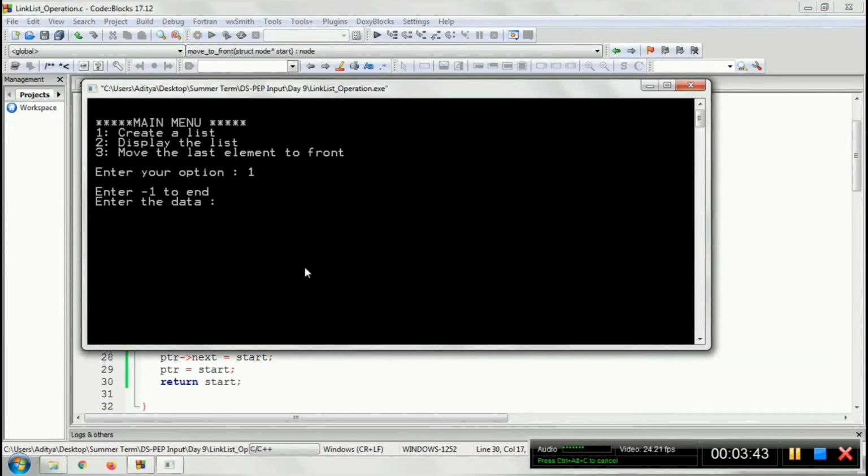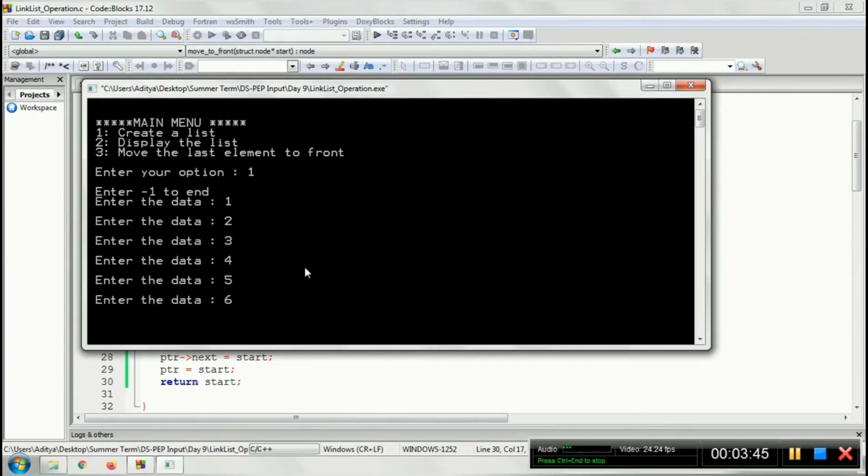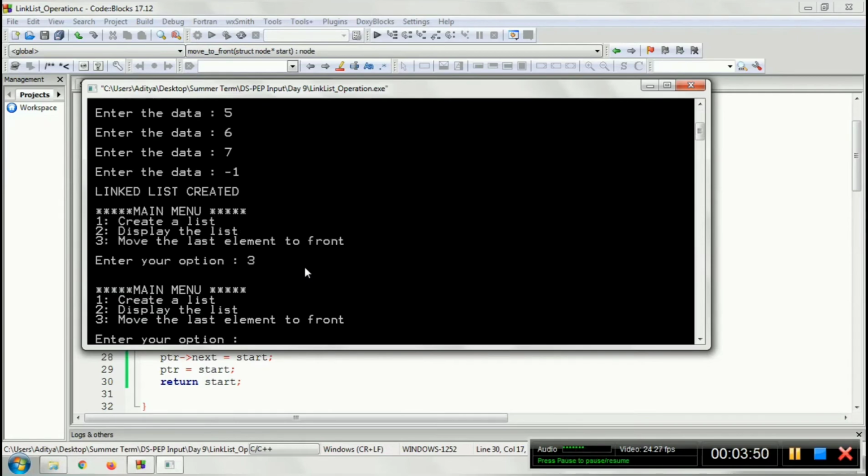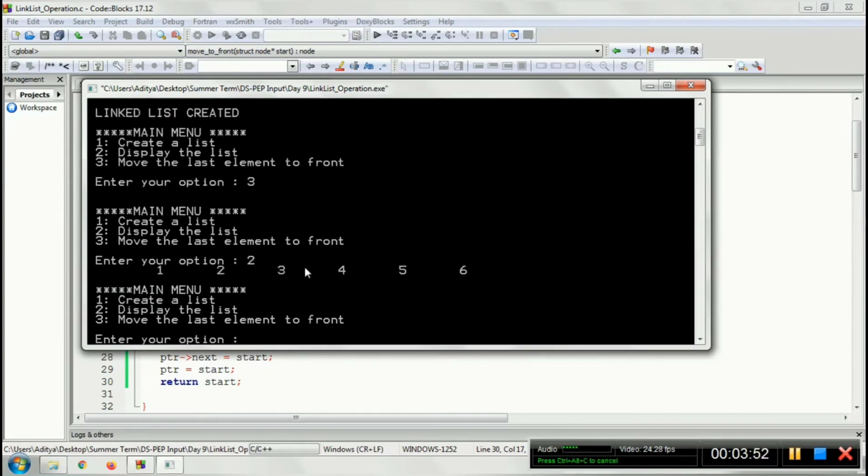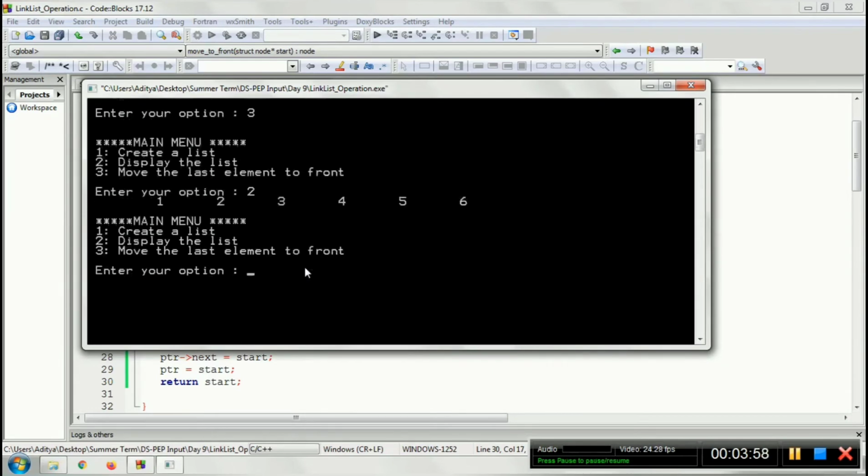So create a list first. 1, 2, 3, 4, 5, 6, 7. And now move to the front. Okay, so display, see here, seven is not getting printed here.